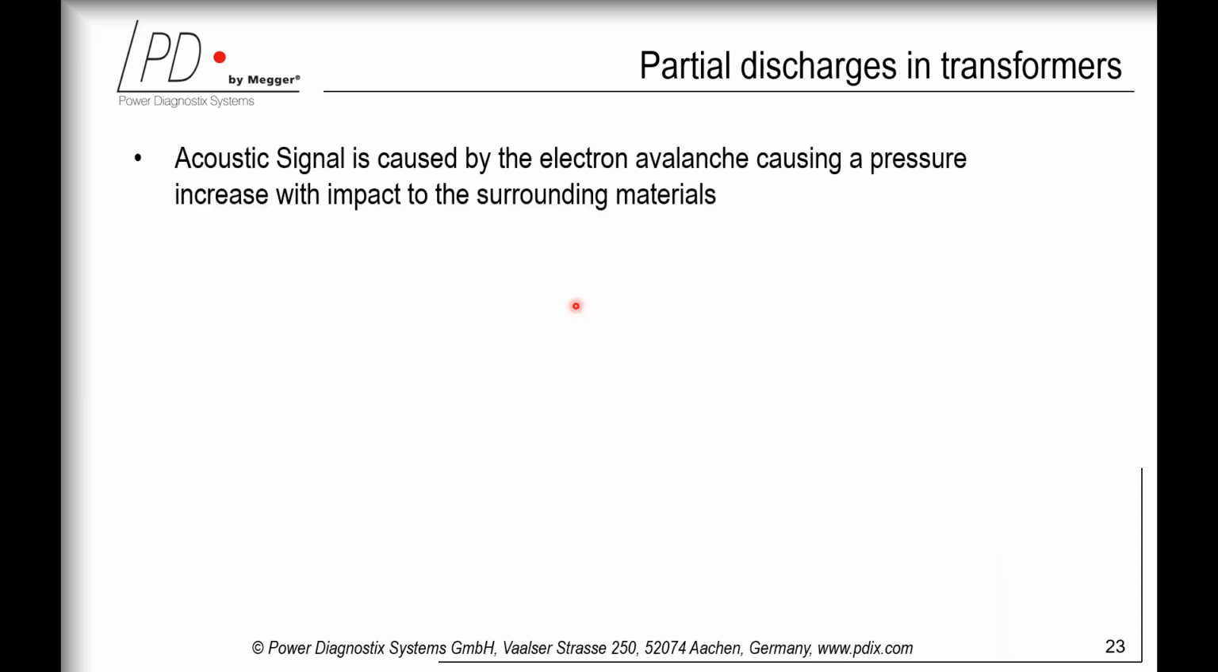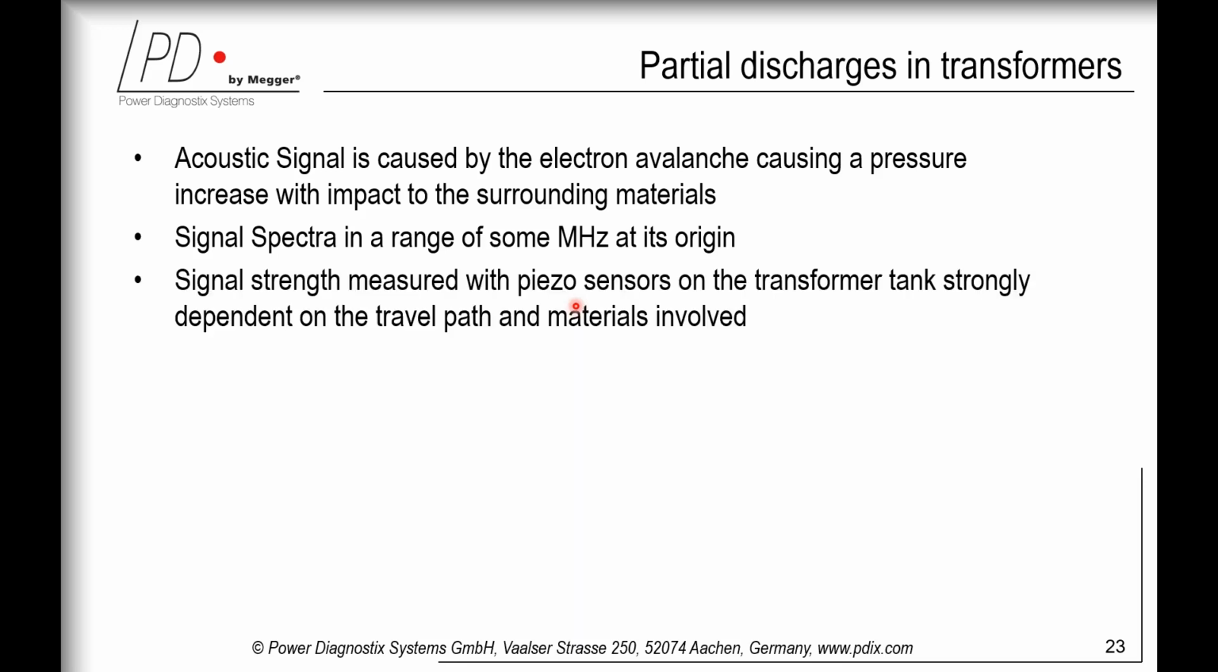Last but not least, the electron avalanche also radiates an acoustic signal due to the pressure increase and heating with impact to the surrounding materials. This acoustic signal has a signal spectrum in a range of some megahertz at its origin. But this acoustic signal also suffers from the fact that the signal strength